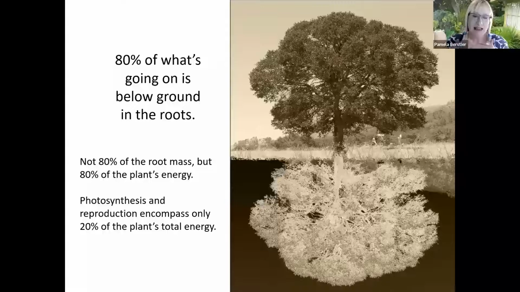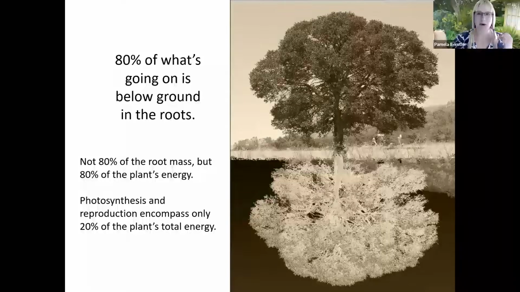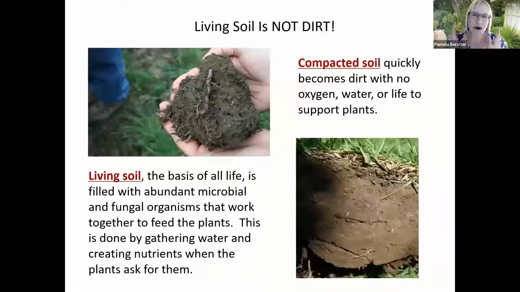Now, I'm not saying that 80% of the mass of the plant is in the soil. I'm saying that 80% of the energy is in the soil. And that's really something for us to start to think about. So when we envision a plant, we need to start to envision that root zone as part of it, because when we have a healthy plant, right around that plant, we have something called